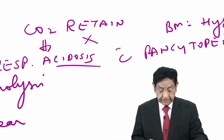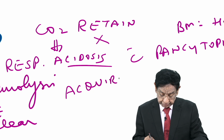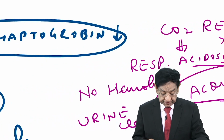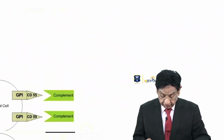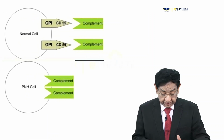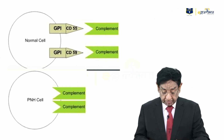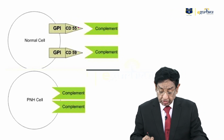Right? It's an acquired defect. It's not a congenital defect. With this background of basic concept, we move further. So, what I was talking to you, normal cell, lovely picture, normal cell, we have GPI, CD55, CD59, complement is